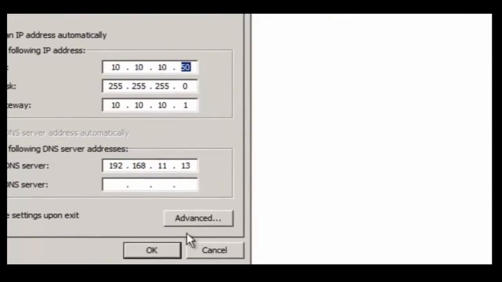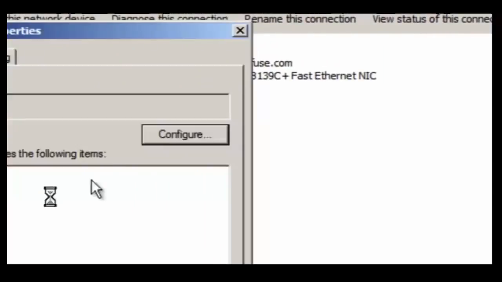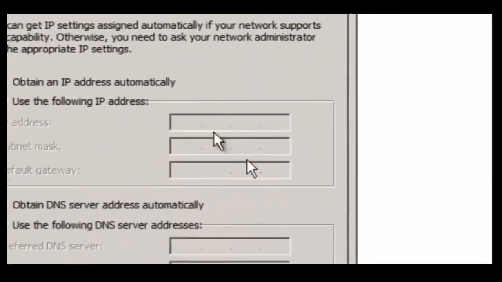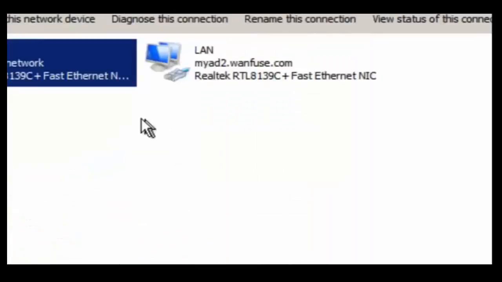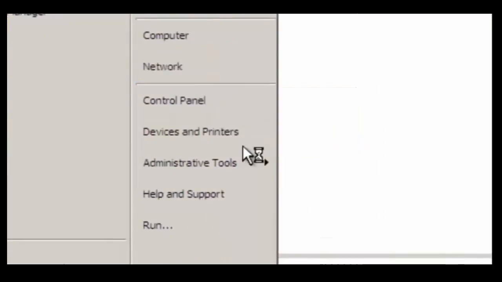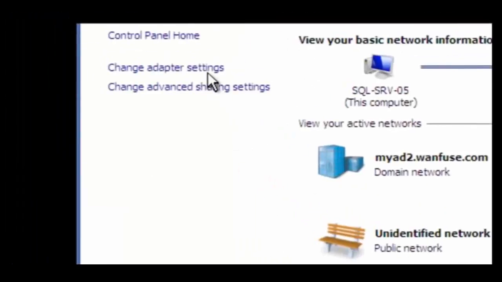Now here you can see that I've already put static addresses on the LAN side of the network card. Now we have to put a static address on the cluster network. It's a good idea to use static addressing instead of dynamic addressing for the cluster. This is one less service that has to be running perfectly in order to maintain it and keep it from crashing. If you assign them by DHCP and there is a problem with the DHCP server, you will lose